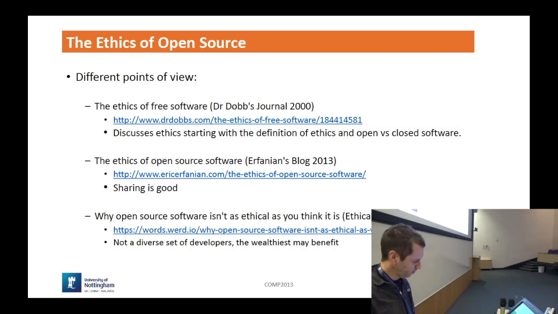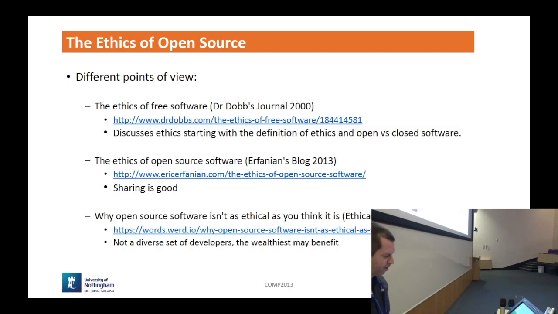And here are some points of view that are not so obvious, like maybe some disadvantages of open source software. For example, the developers of a project might not be diverse. It might be a very focused, concentrated set of developers. I think Linux is a good example of that, right? It was started by one person.